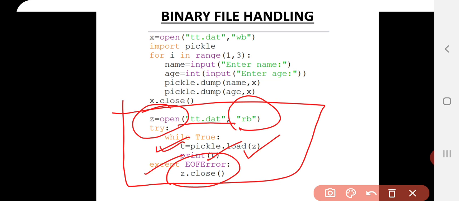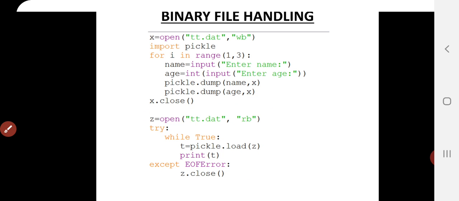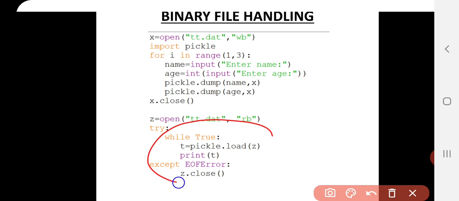So we run an infinite loop, and inside the infinite loop we keep on doing the reading operation and printing operation. This reading and printing operation will be repeated till the end of file is encountered. As soon as the end of file is encountered, the EOFError will be raised, and when the error is raised, the except block is traced by the program, and it will directly jump to the except block, and the except block will find the matching error.